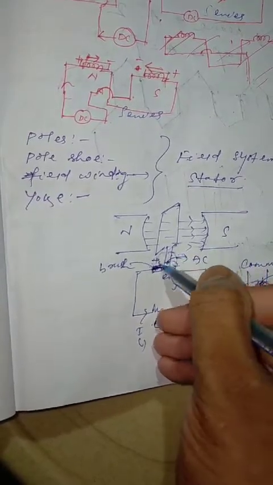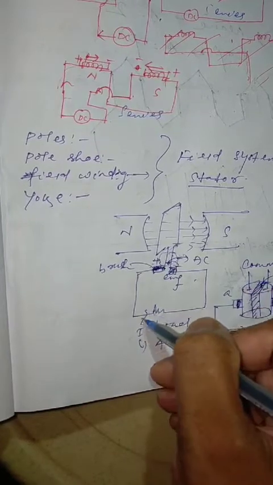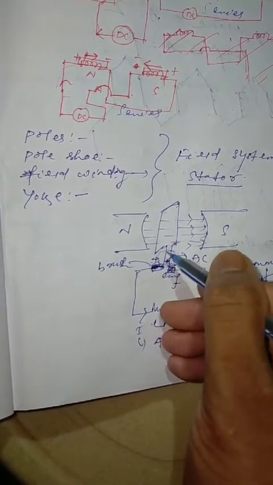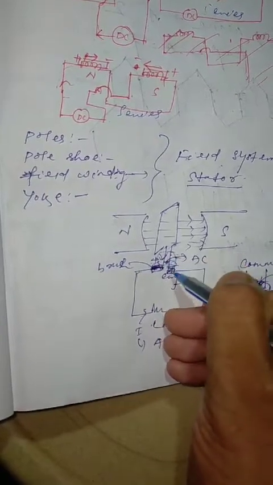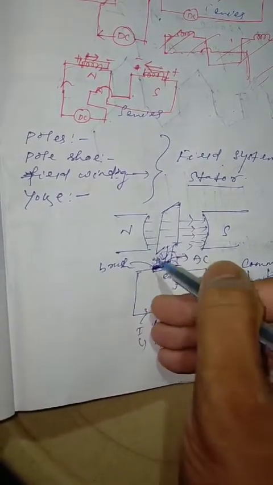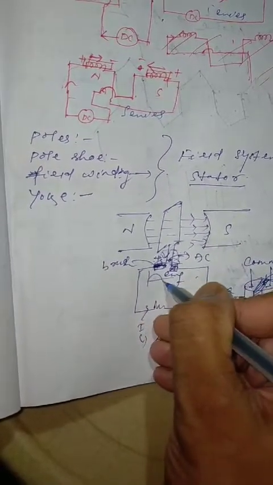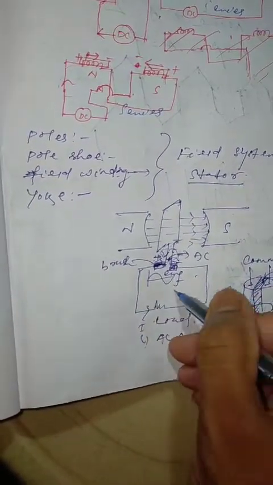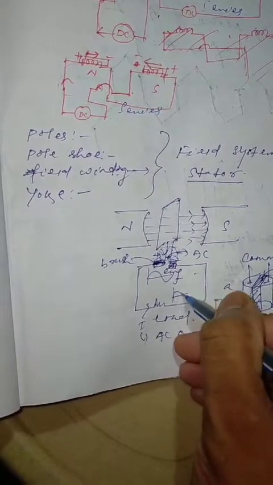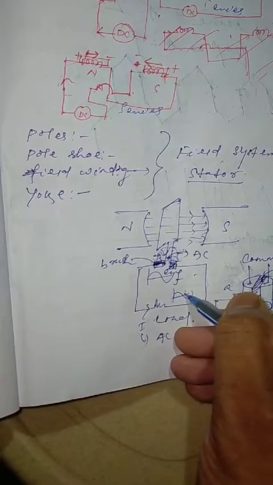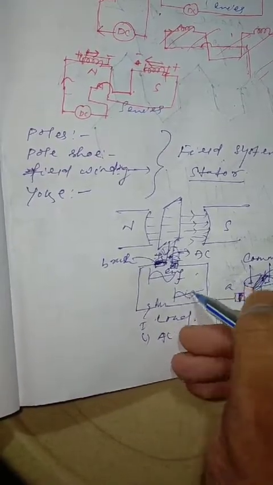suppose I directly connect a load through the brushes. Brushes are generally the medium to collect the current. Through brushes we can collect the current. Then what will happen? As the EMF is induced, suppose we have a supply like this, induced EMF like this, then we have a load current in this way, because whatever the current will be there, that is V divided by R. So ultimately it is again an alternating current, it will be in this way.